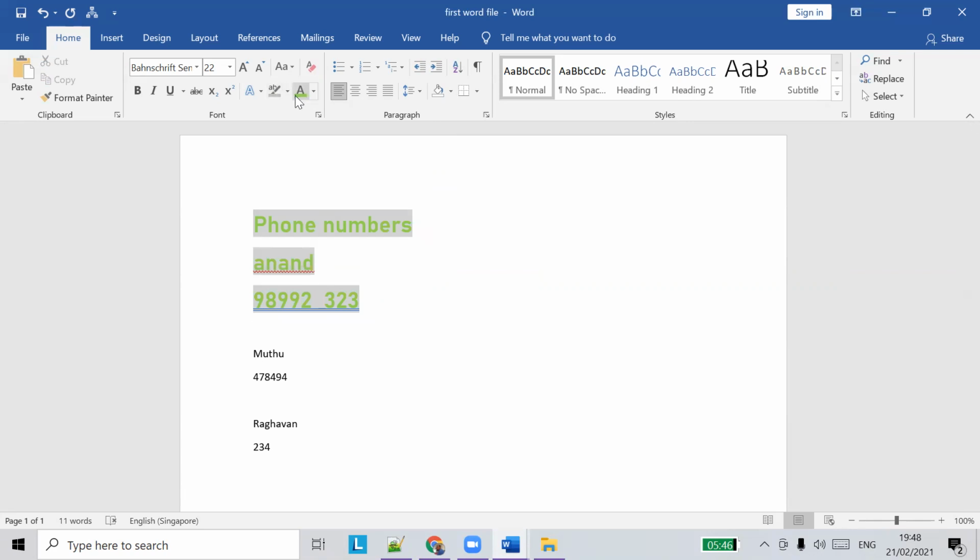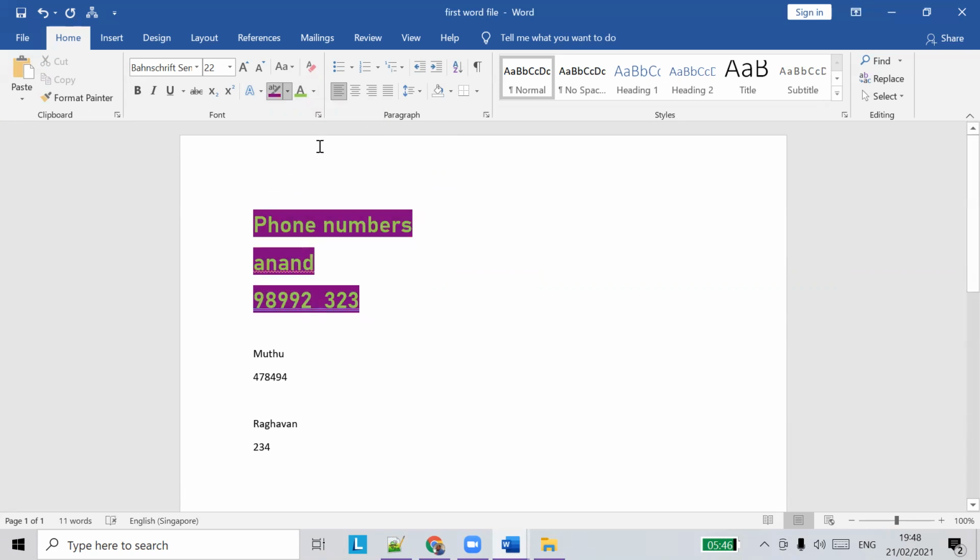You can change the background of the text, so you can change the font background and the font text color, and also you can change the font size and all these things here. So all these options are provided here. So any doubts in this? So how to change the font, how to change the font color. So these options are provided here. So any doubts in this?